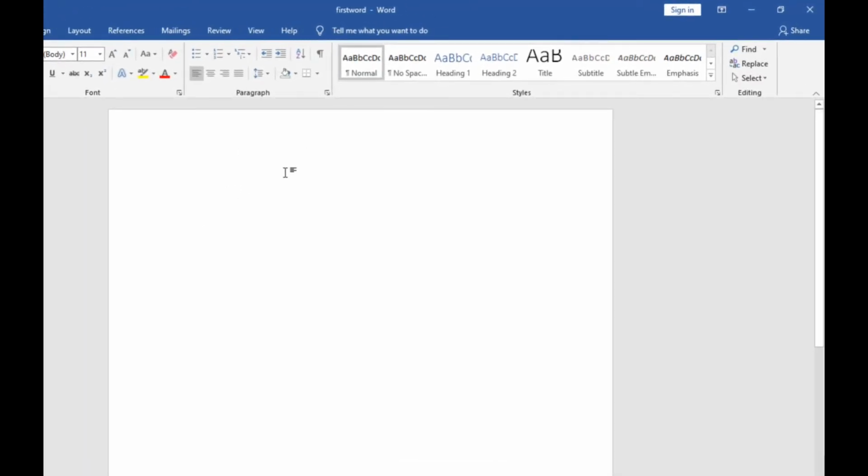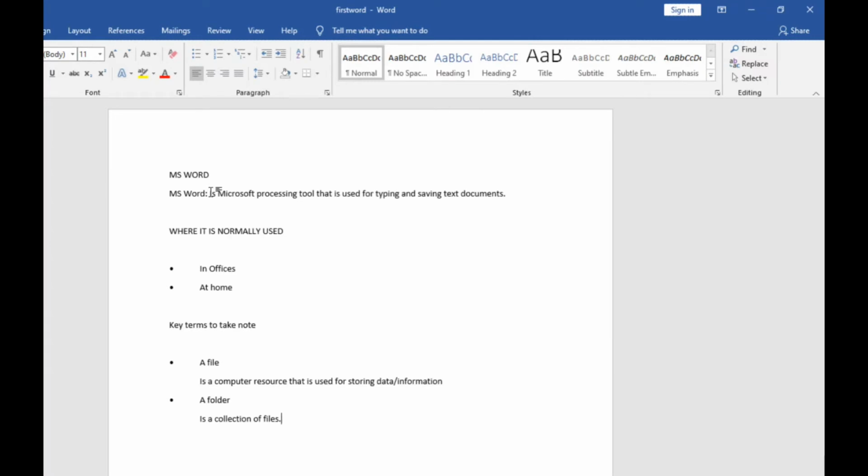So let's give it the title MS Word. Click on enter. So here, this is where you need to just type some text which is related to MS Word. So I hope you guys are going to have your machines, and you can type this and type the definition and then where it is normally used. So we can at least increase